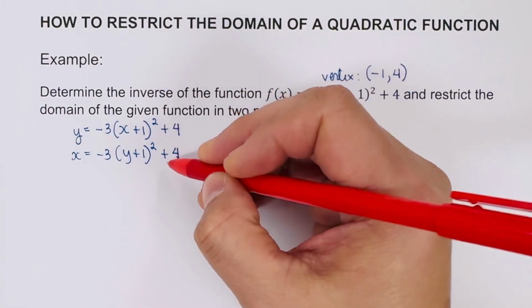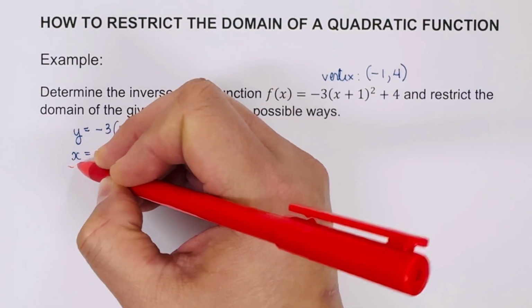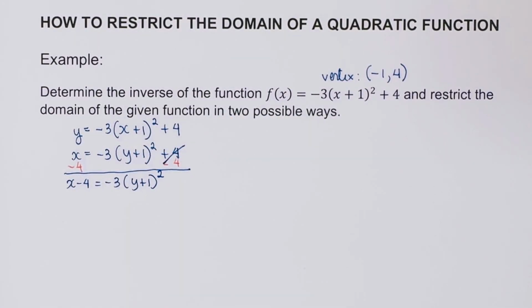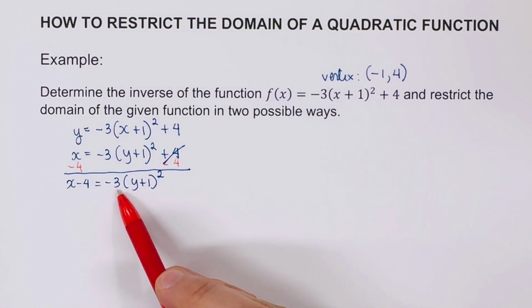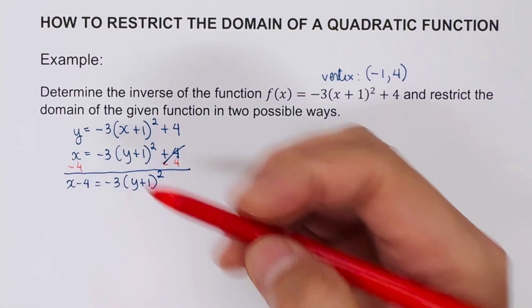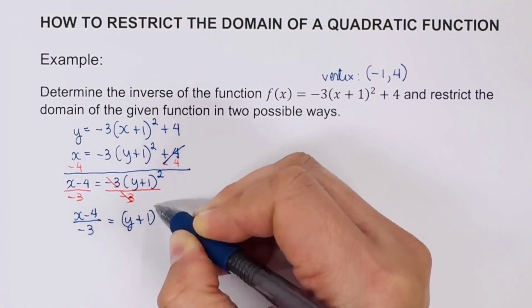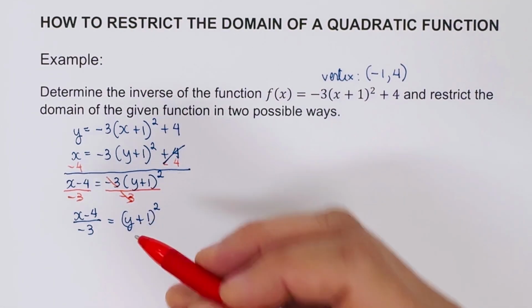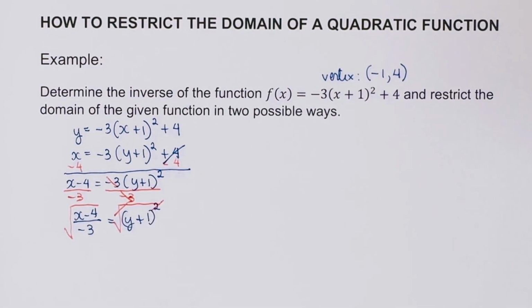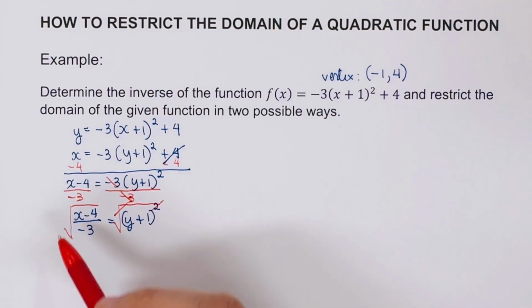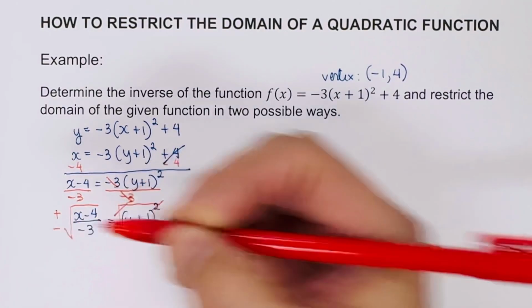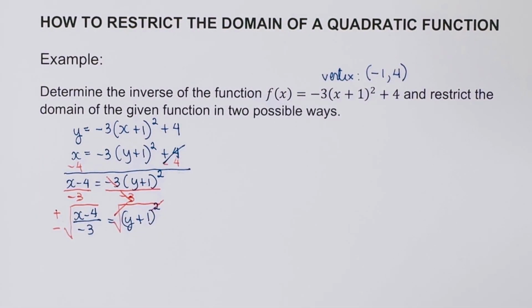So the first step that we need to do is subtract 4 from both sides. So the equation is going to come out. Now we are going to divide by -3 on both sides because again, we wanted the y by itself. We are going to square root both sides so that we can cross out the squared. Now, we remember that if we square root both sides, this side right here will have two signs. It's both positive and negative. So that we can go ahead and rewrite this as,